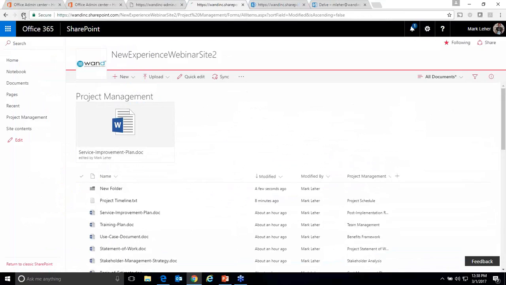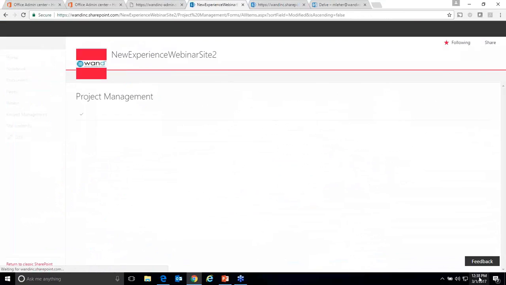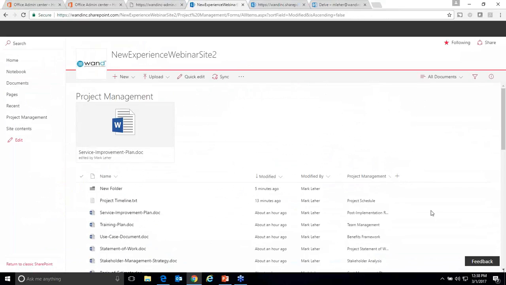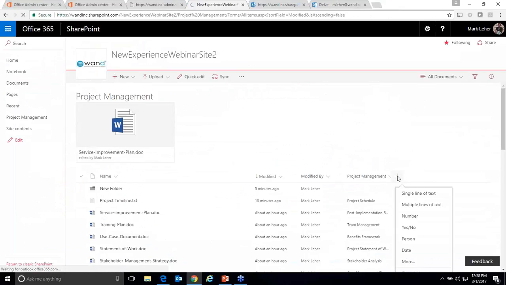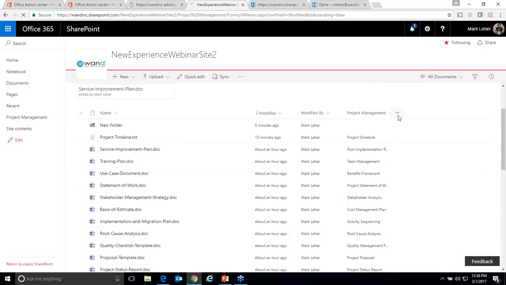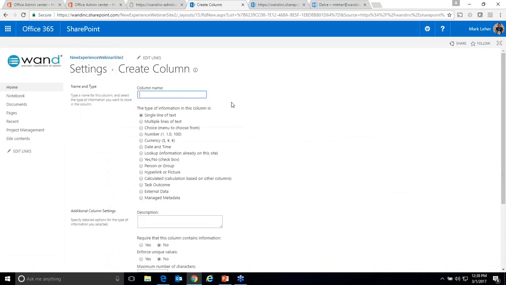Theoretically, let me refresh this. Okay, there it worked. So click on this plus and it allows me to add a new column, and I can choose my column type. What I don't see here is manage metadata, and manage metadata is the type of column that I want to create that uses taxonomies. So I'll go to more,